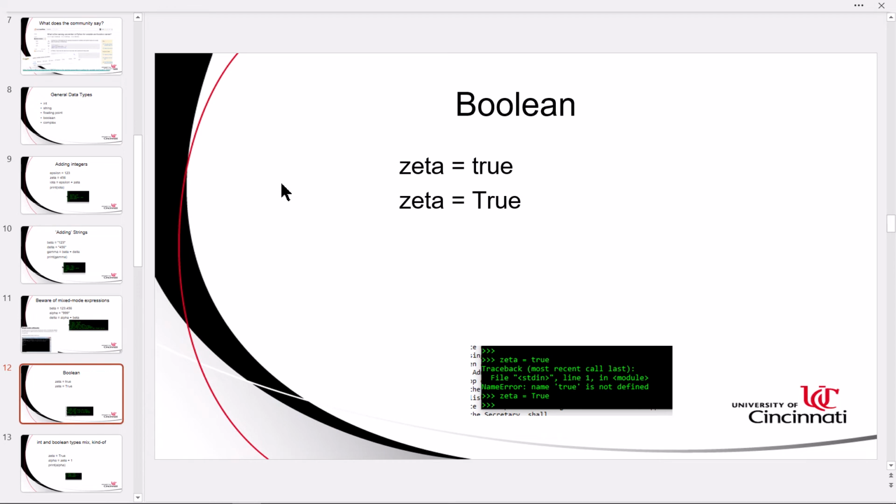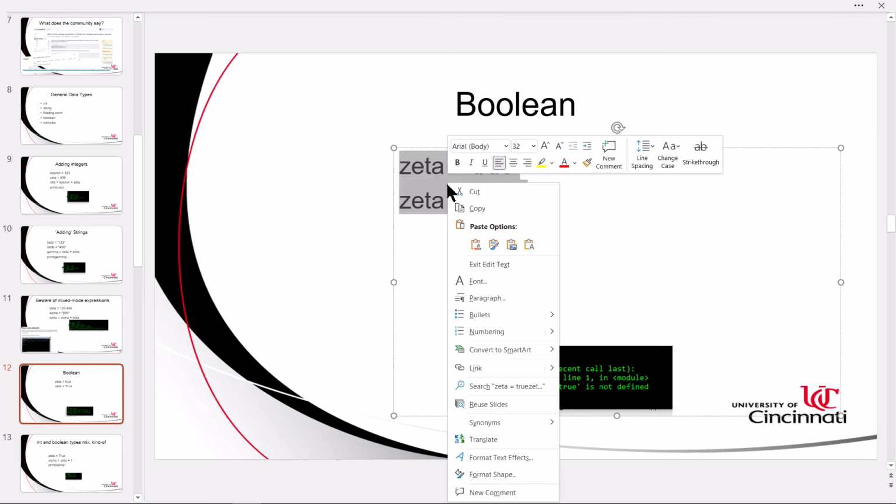The Boolean data type. Boolean means that this is the kind of variable that can only assume either true or false values. It can't be anything else. It can't be a numeric, strictly numeric. It can't be a string. And the way you create one of those is by storing capital TRUE in that variable, and it becomes a Boolean. If I grab this code off the slide,